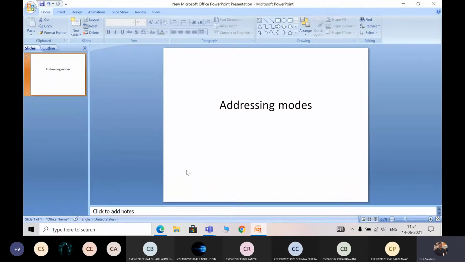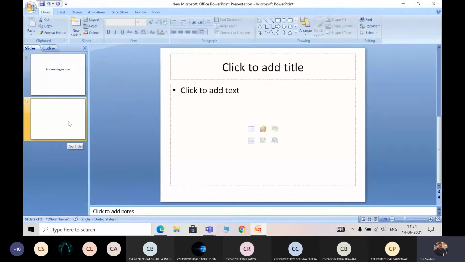There we saw some examples related to those particular addressing modes. For example, immediate addressing mode, direct addressing mode, indirect addressing mode, register addressing mode, and register indirect addressing mode. These are the basic addressing modes that will be supported by many of the processors. But here the concept is what the various addressing modes are that will be supported by the 8086 microprocessor. We are purely concentrating on the 8086 addressing modes.